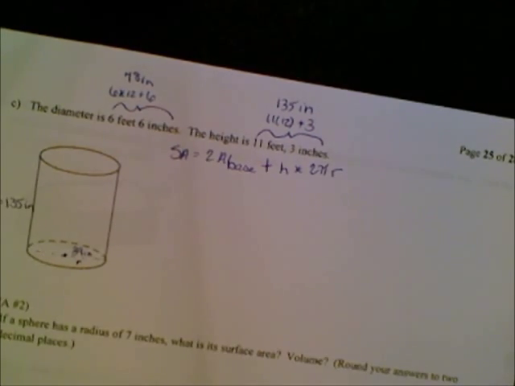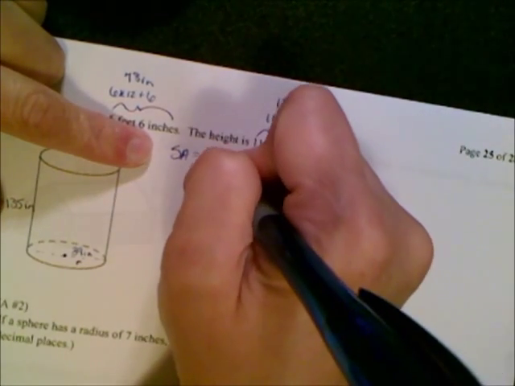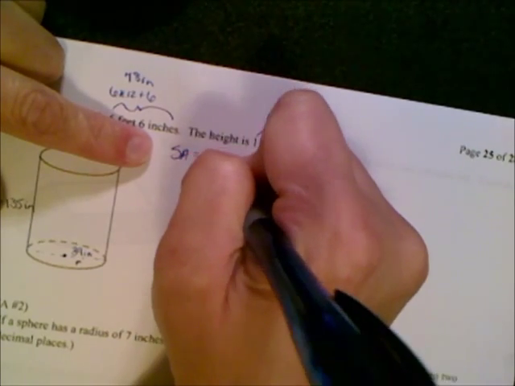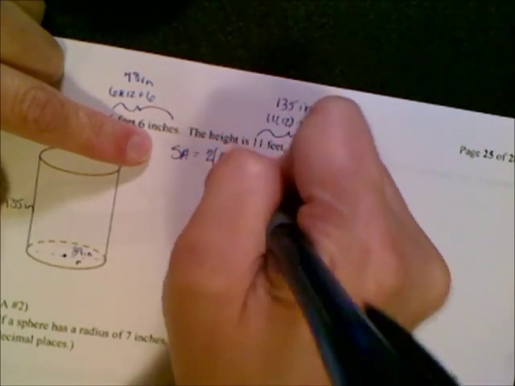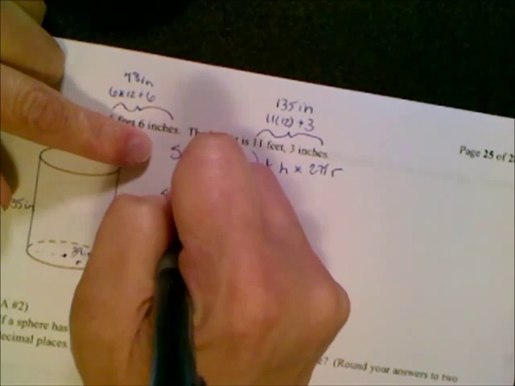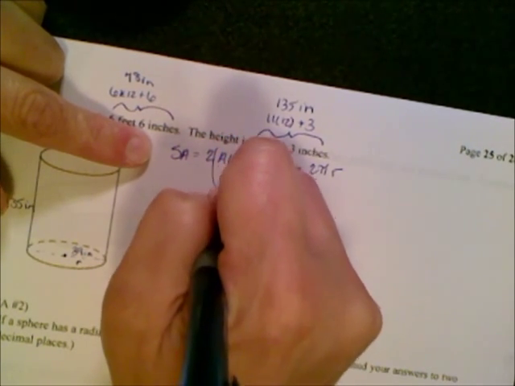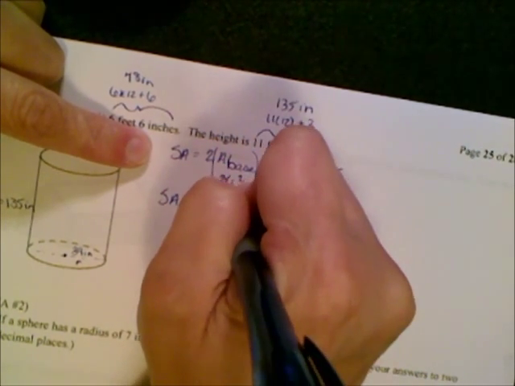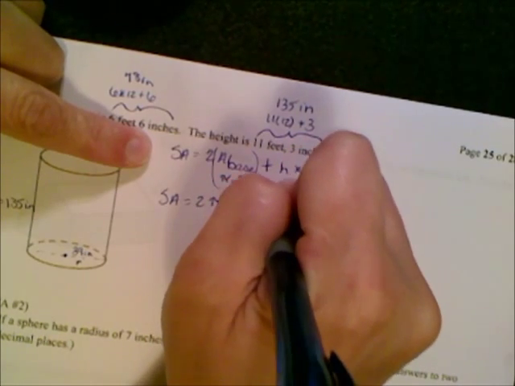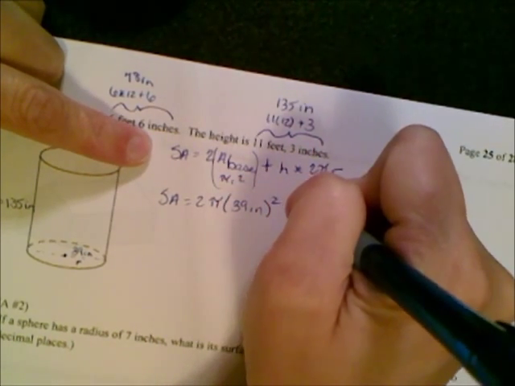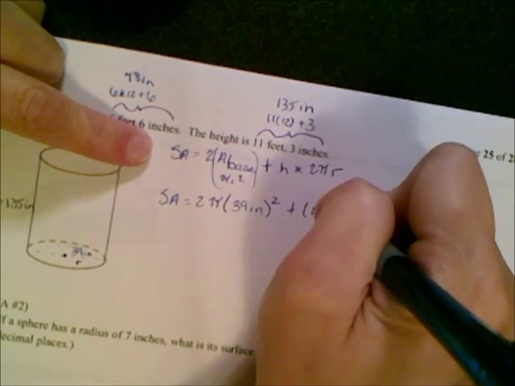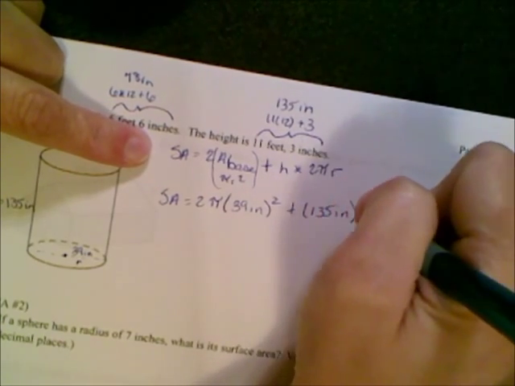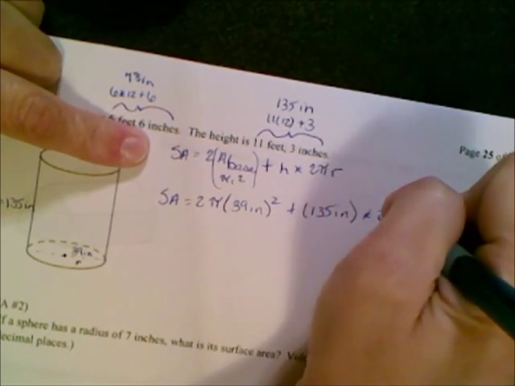So now let's put all our base. The area of our base is pi r squared. So our surface area is going to be 2 pi times 39 inches squared plus 135 inches times 2 pi